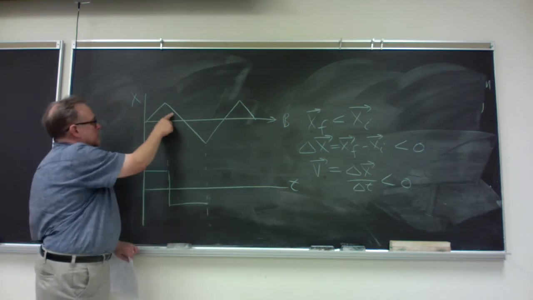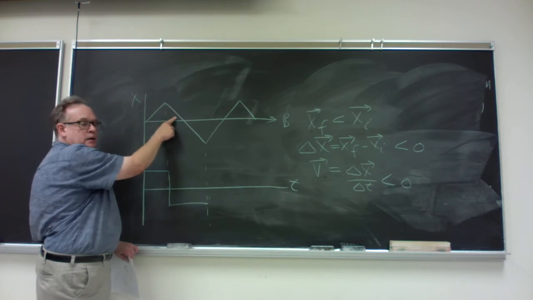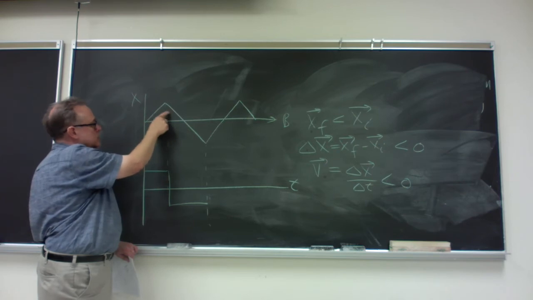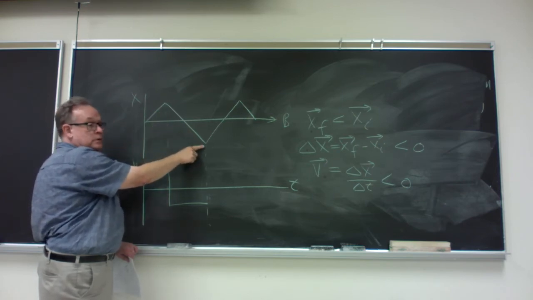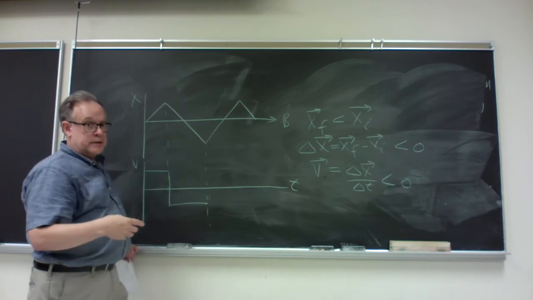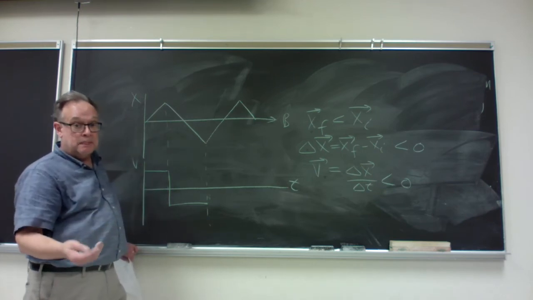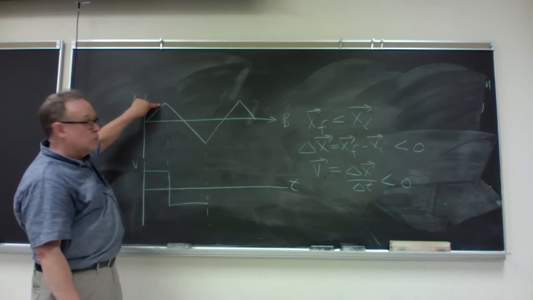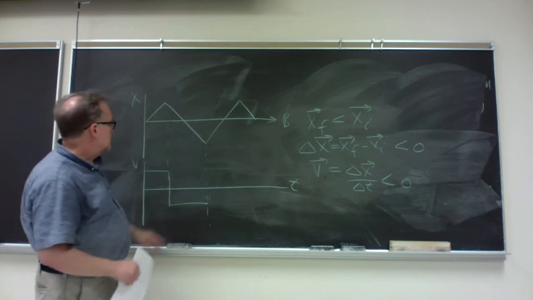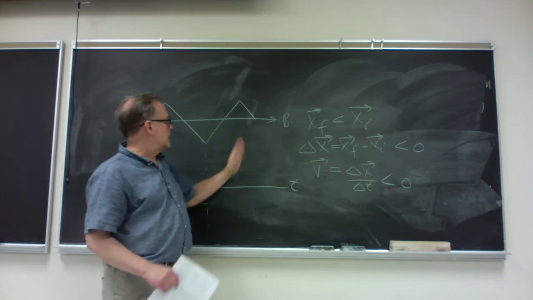And because this looks like an isosceles triangle, it looks symmetric on both sides, then it looks like the absolute value of this slope is just the same as the value of this slope. Both those lines are equally steep. If this is a slope of 3, then this must be a slope of -3. And then, from this time to this time,